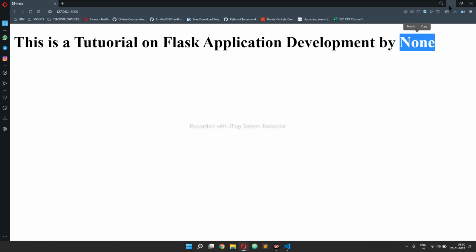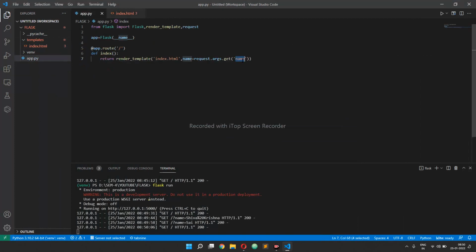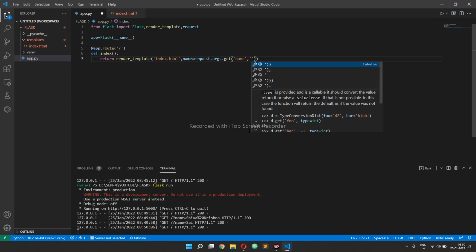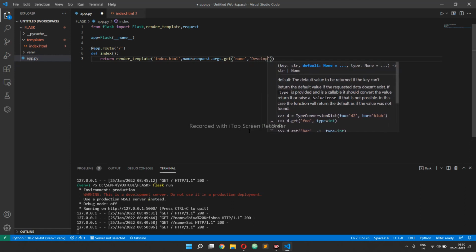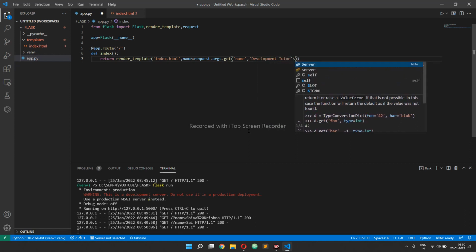But I don't want that. Defaultly, we can set a value here. Go to app.py, and after the name variable, comma, the second argument is the default value when nothing is entered into that. Let's say it is development tutors,